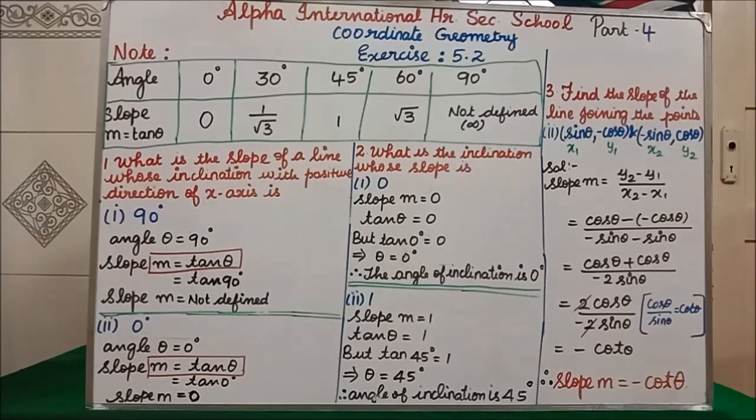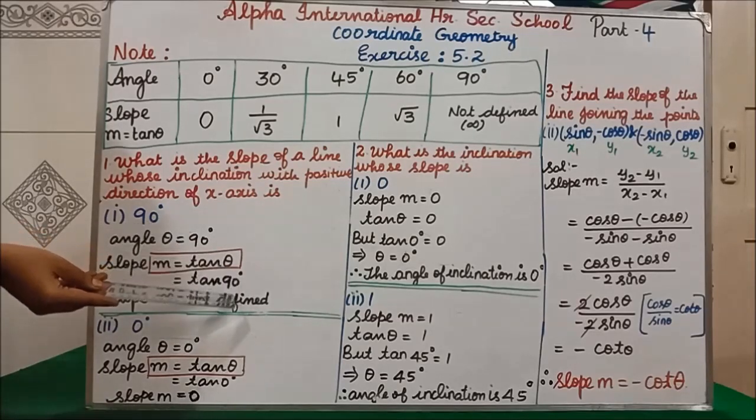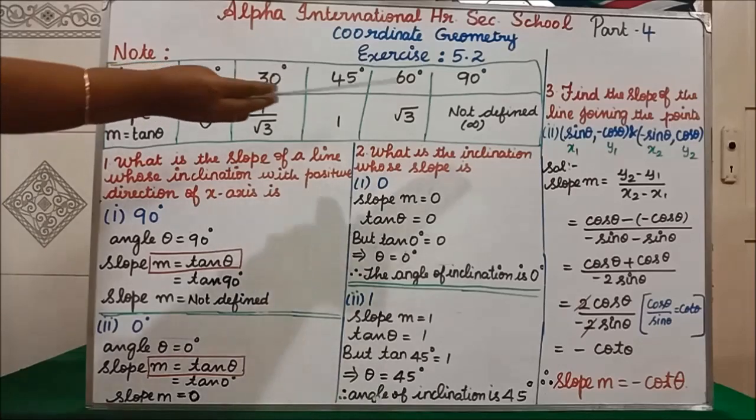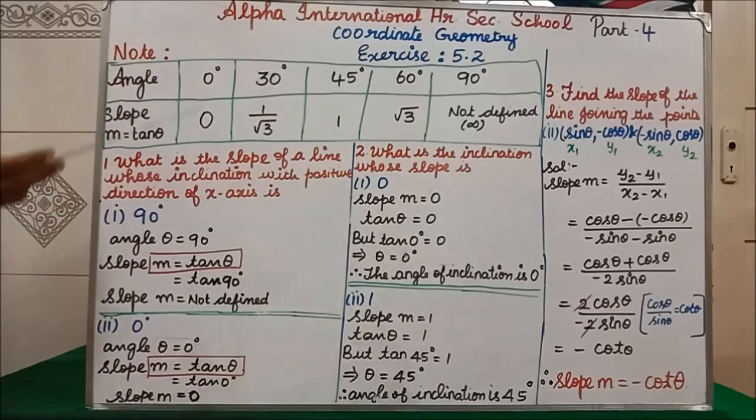Slope of the straight line, what formula do we have? Slope m is equal to tan theta is our formula, isn't it? So m equals tan, and instead of theta, what degree have we been given? 90 degree. So write here 90 degree. Clear? Now you see in the tabular column, what is the tan 90 degree value? Infinity or not defined. So you write slope m is equal to not defined. That is our answer. Students, in your exam, they will not provide you this table. You have to learn it by heart and write it.